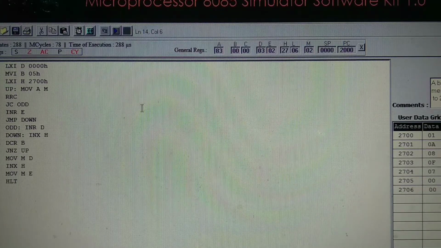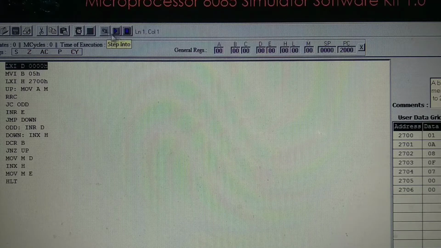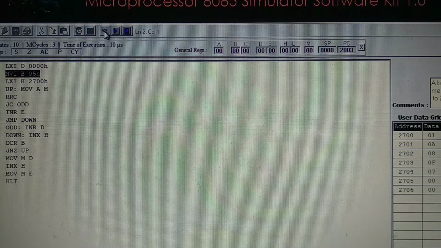Here is the program to count odd and even numbers. We'll execute it step by step up to a certain step, then we'll execute it directly. Step 1, LXI D 00H, all the contents are 0. Next D becomes 00, HL becomes 00.